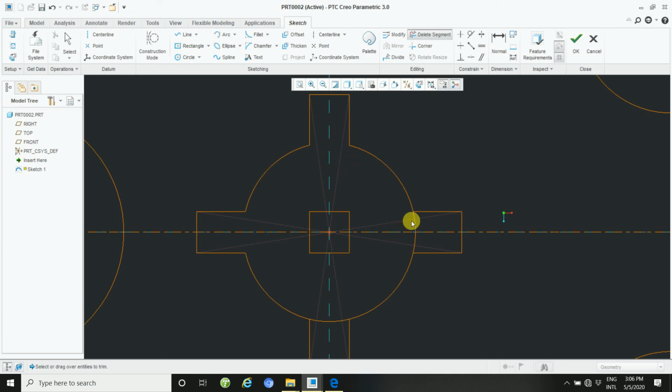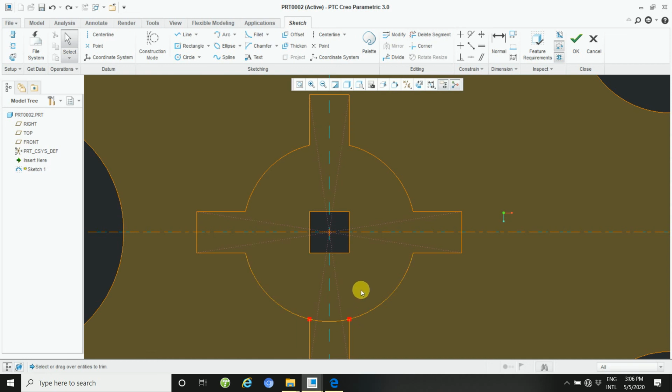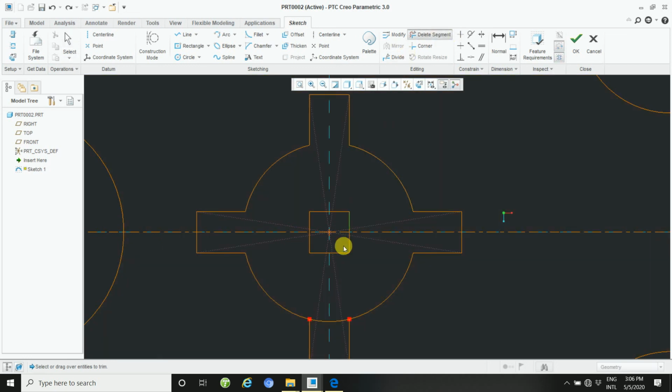Trim is applied very quietly. Again apply trim, delete segment.